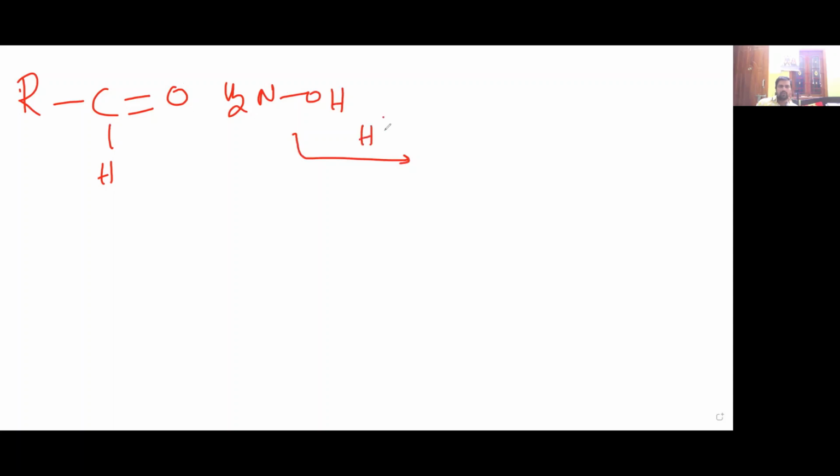So what is that next preparation? You have to take it as oximes. Beautiful preparation. This is R, C double bond O, H. This is treated with hydroxylamine. So what will happen in the presence of H plus? H plus is a dehydrating agent. Because of the dehydration, what part is eliminated? Water is eliminated. Then you are going to get RCH double bond NOH.